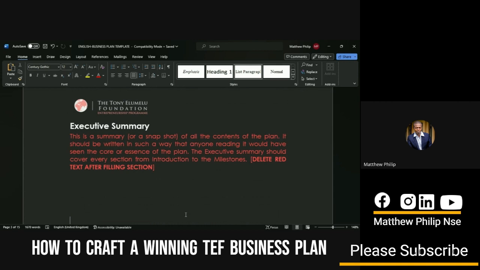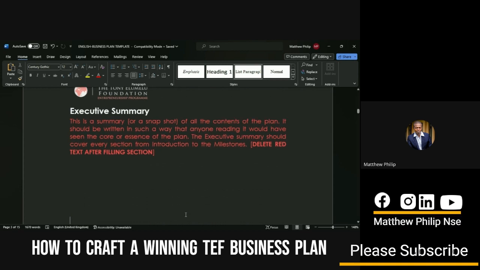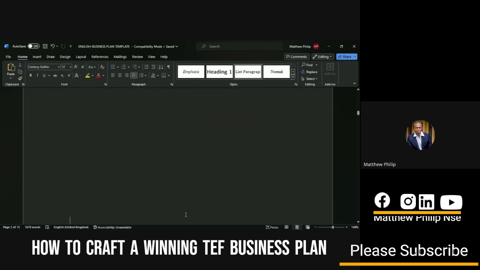What will be the expected outcome in terms of revenue? How much revenue are you going to make in the next 2 to 3 years, or by what percentage will revenue grow? What would be the expected net profit in the next 2 to 3 years, and what are the expected returns on investment in the next 2 to 3 years? This should be added to the executive summary. That's very, very important. So, having completed the executive summary,